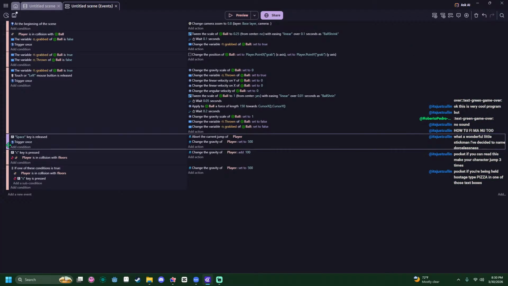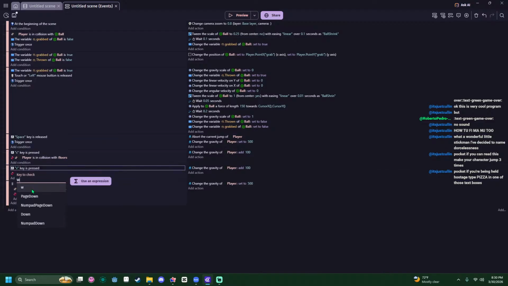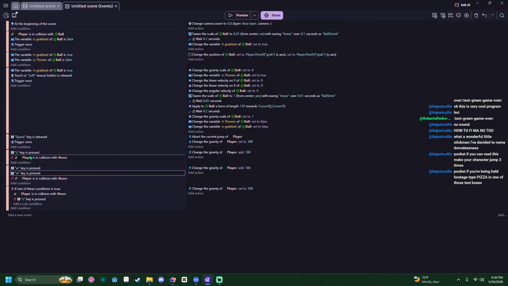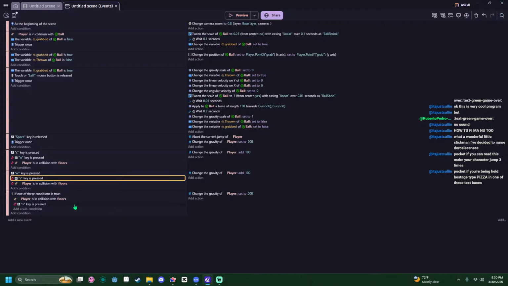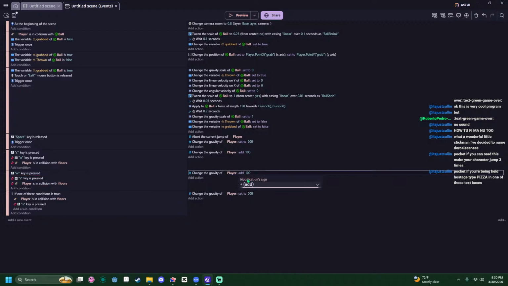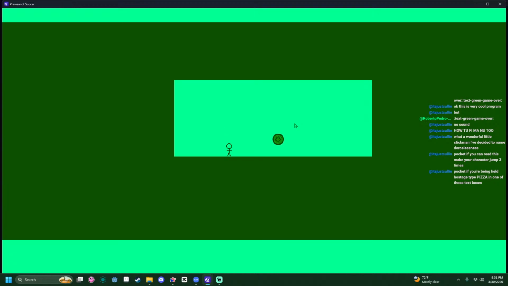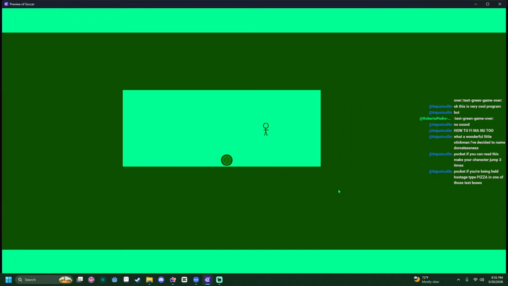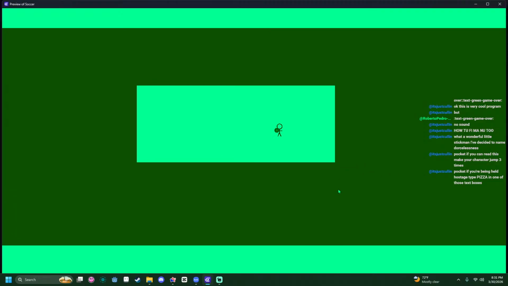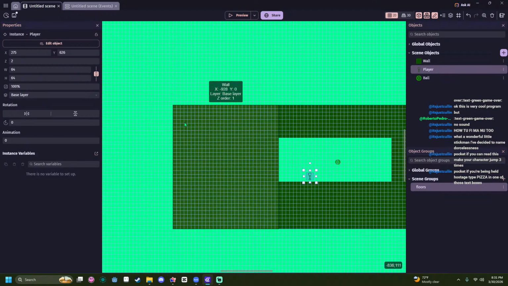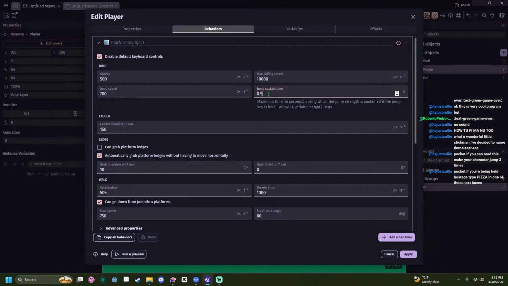Okay, and then instead of S, the W key is pressed, but it can't be pressed here, and the S key can't be pressed here. Okay, so the W key is pressed, set to, what is it normally, 500, do 200, so that we can float. There we go. So we can fall normal. Actually, now that everything's so floated, we can also reduce the jump sustain time a bit. Do like 0.25.